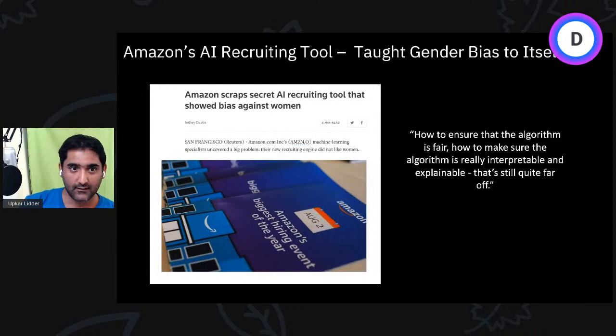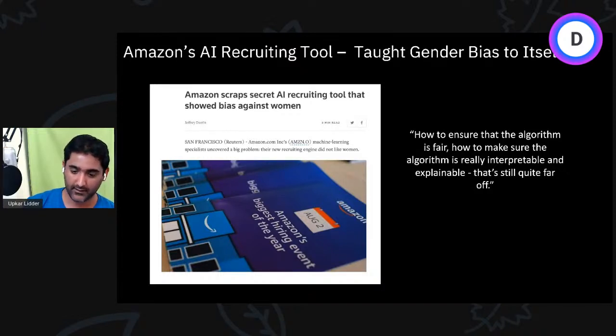But essentially, the recruiting tool was the first level of filter, right? So new people are applying to work at Amazon, and this tool would look at their resume and make a decision if that should go to the second tier in the recruitment process or not. The problem was the model that they used was trained over 10 years on resumes that were primarily submitted by male applicants. Right, so the model really didn't have an idea if somebody who's not a male would make for a good candidate or not,